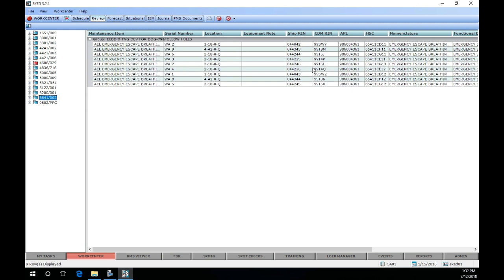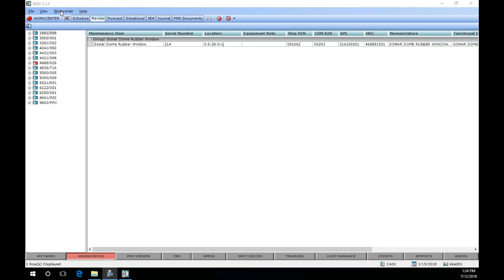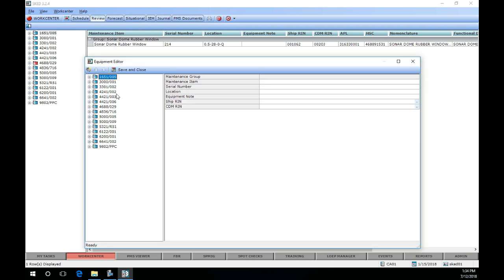Select each MIP and review the CDM RIN column and ensure this column is not blank and that the data entered is correct. If blank or incorrect, this information can be updated by selecting Work Center from the sked menu. Then select Edit Equipment Details from the drop-down menu. Select the MIP